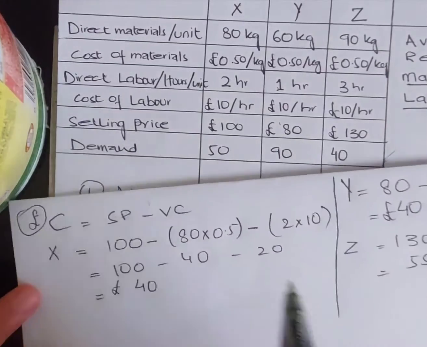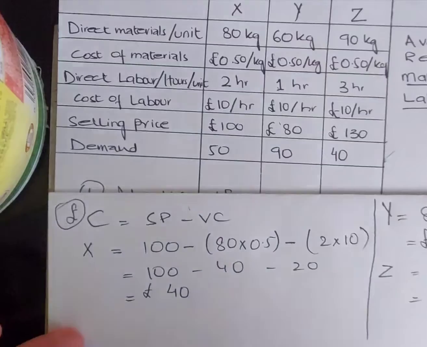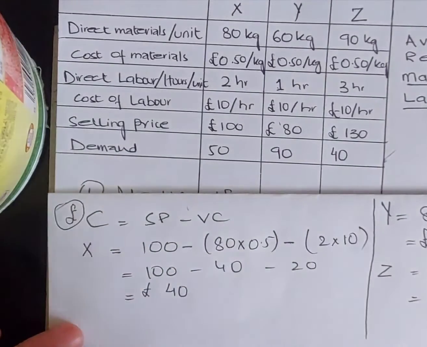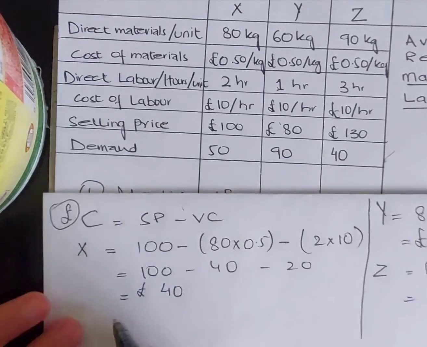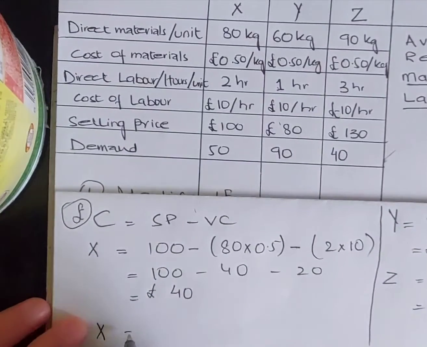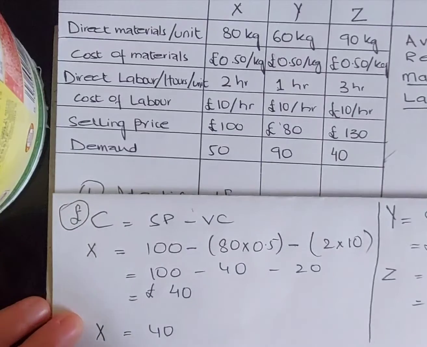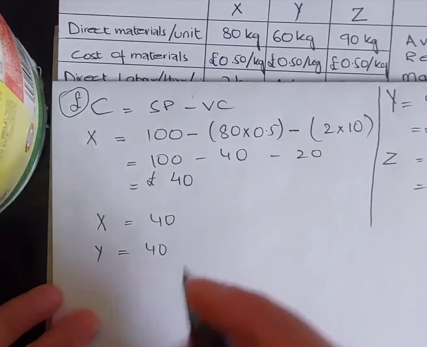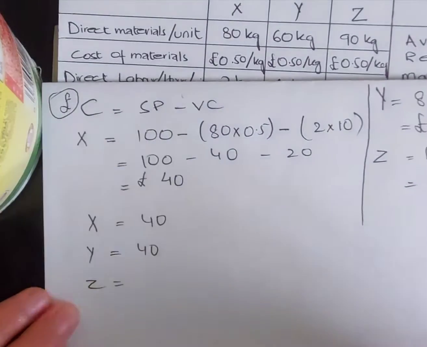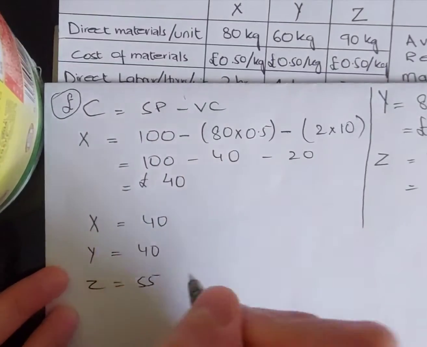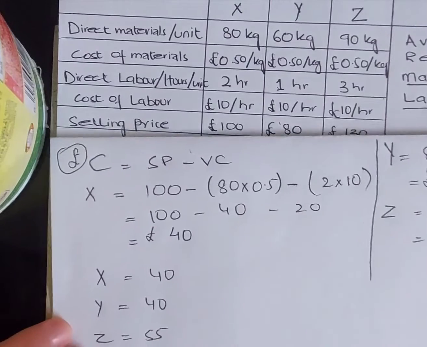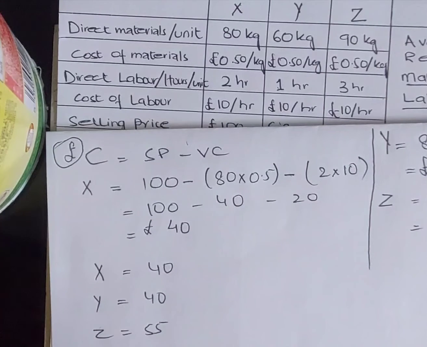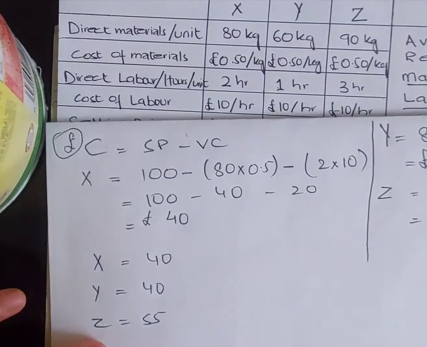Actually, no, we don't rank on the basis of the contribution per physical unit. Now we rank on the basis of the limiting factor only. So X is 40, Y is 40, and then Z is 55. These are contribution per physical unit. Now to find it per limiting factor,